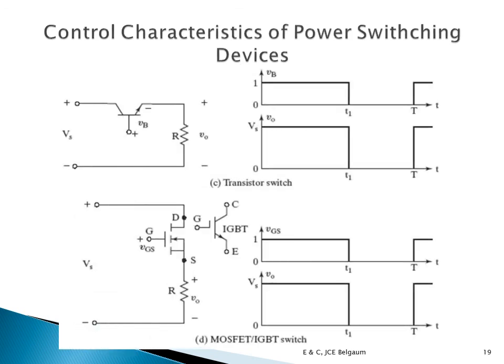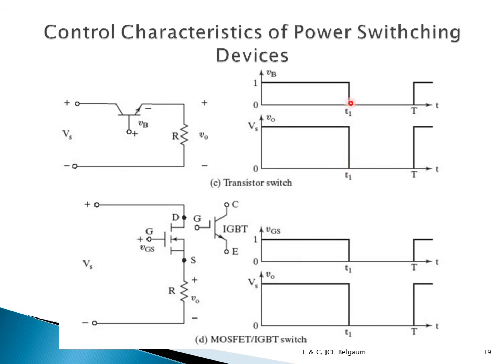Further, this is your transistor. Now look, the transistor is also acting like a switch between the source and the load. Again I am applying the supply VC, plus minus DC voltage, and this is the base control. So base I am giving like that. As long as the base is there, the switch acts like an on state and the output will be same as the input. So as long as this base is there, this is the output graph V0. The output will be same as the input as long as the base voltage is applied, till T1.